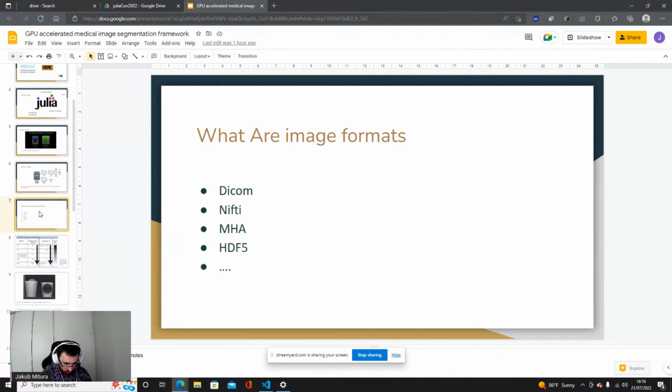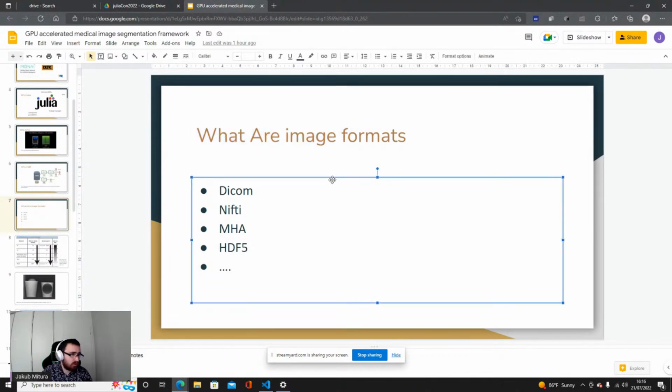First of all, as you have heard, I suppose, many times, in order to do anything in data science, you need to understand your data and what this data represents. Medical data has a lot of variability and a lot of formats it can be saved in.